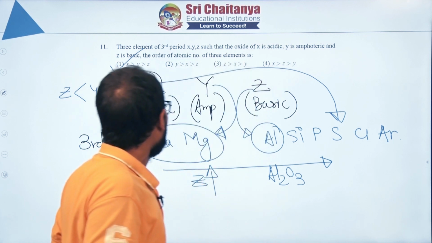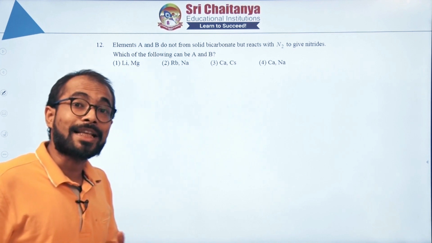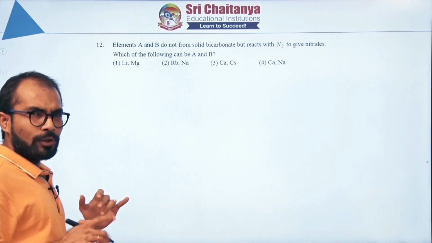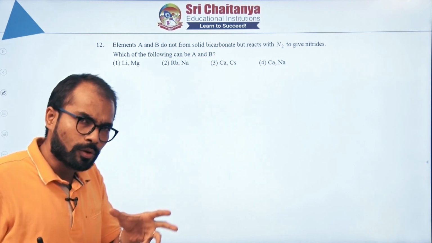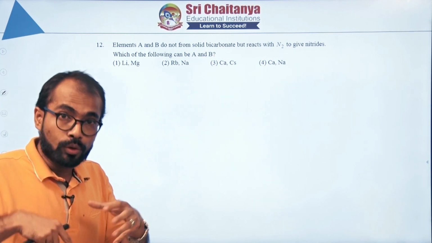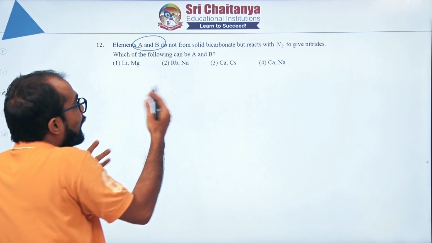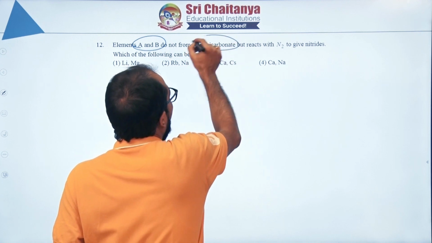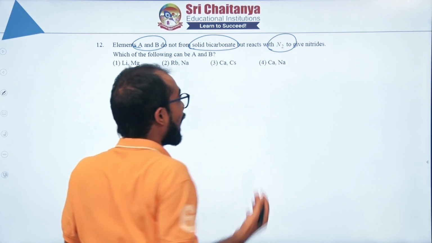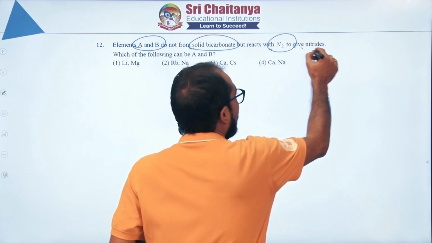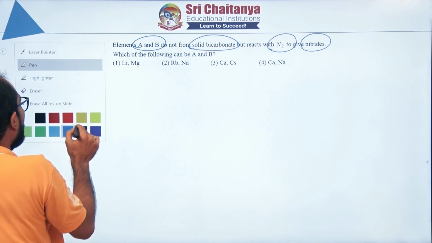Again, next question. The next question is also very simple, and it is a basic question from the S block. So, what they are asking, 2, 3 things you can see: anomalous behavior of the first element of every group, that also is there, and other things are also discussed from the S block angle. Now, they are talking about A and B, and they do not form solid bicarbonate, but react with N2 to give what? Nitrides. Now, this line is the key to everything. If you pay your attention to this particular line,